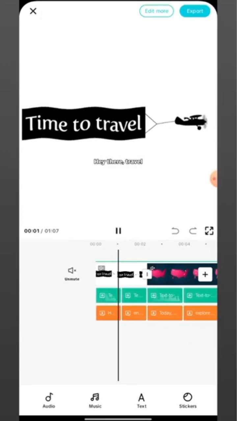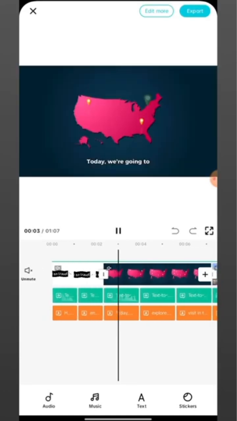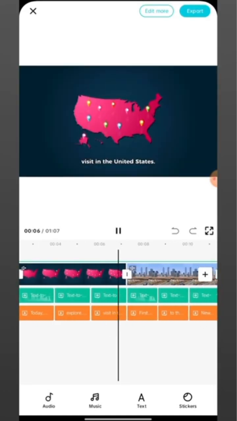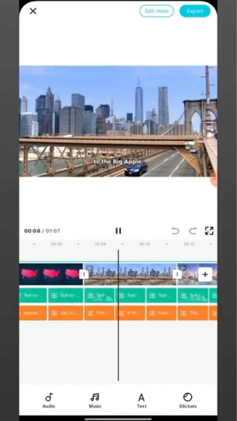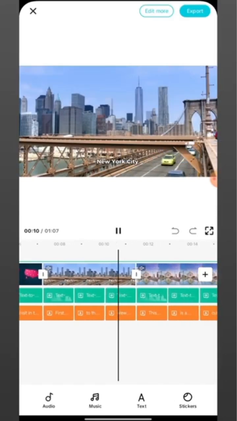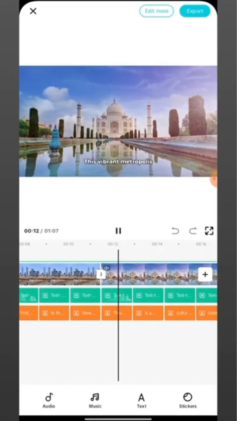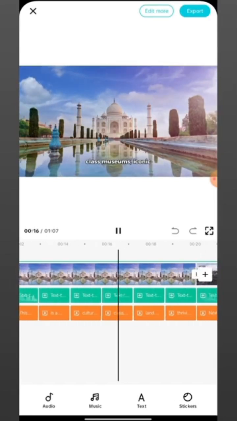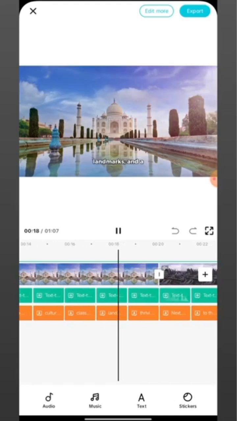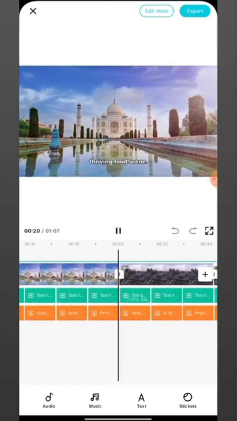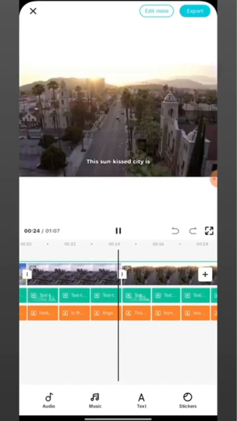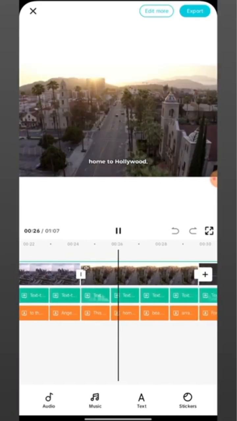Hey there, travel enthusiasts. Today, we're going to explore the best places to visit in the United States. First up, let's head to the Big Apple, New York City. This vibrant metropolis is a melting pot of cultures with world-class museums, iconic landmarks, and a thriving food scene. Next, let's head west to the City of Angels, Los Angeles. This sun-kissed city is